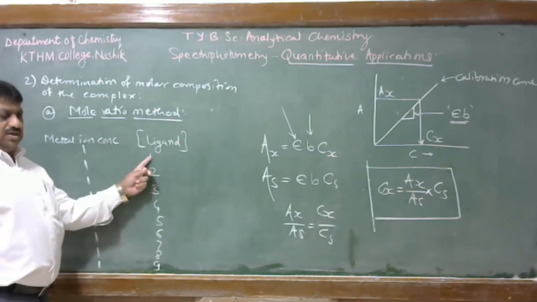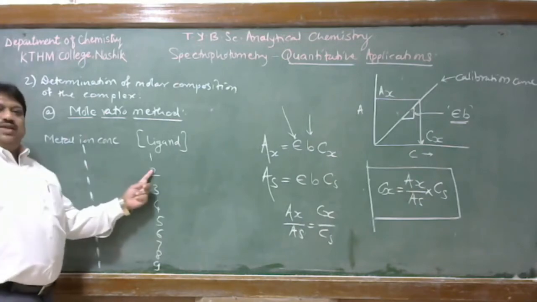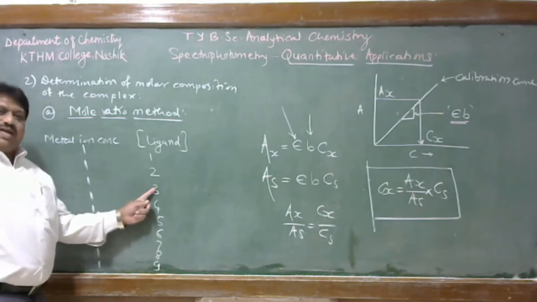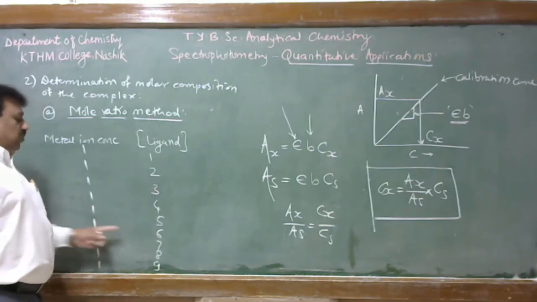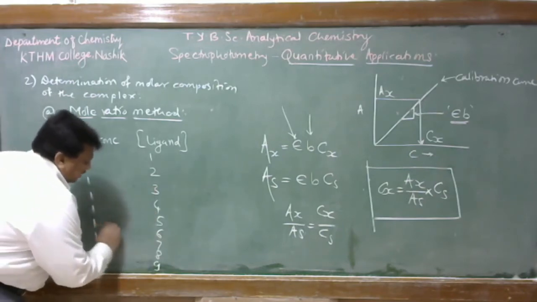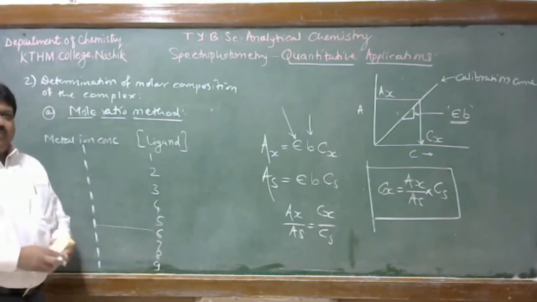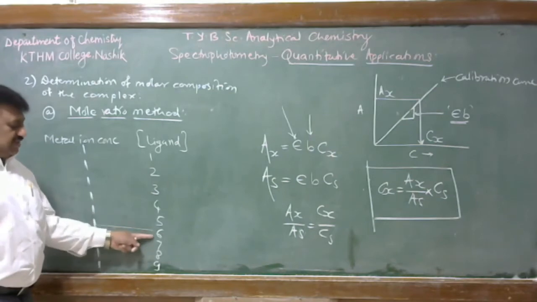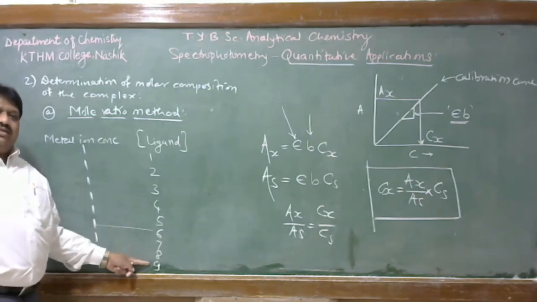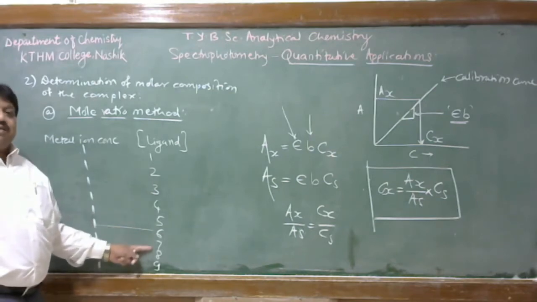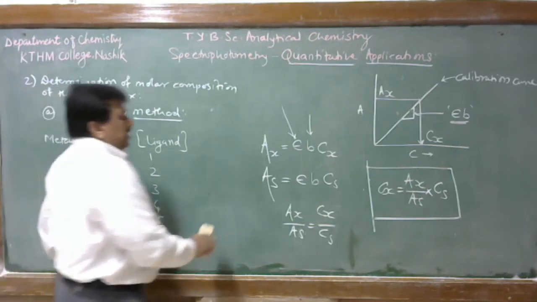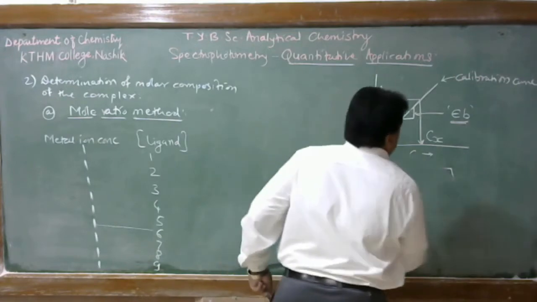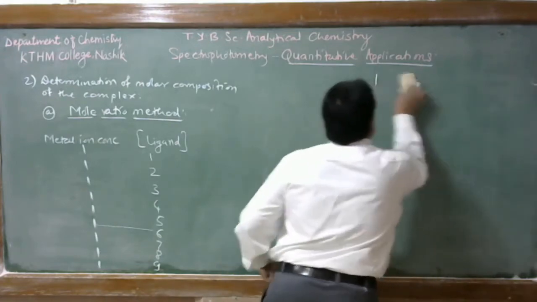this composition. 1:2, then we have maximum absorbance at this wavelength. 1:3 means at this wavelength. If, suppose for example, 6 ligands are joined to a metal ion, at that time the absorbance increases up to 6, and after 6 this absorbance remains constant. That means when we plot a graph of absorbance as a function of number of ligands joined